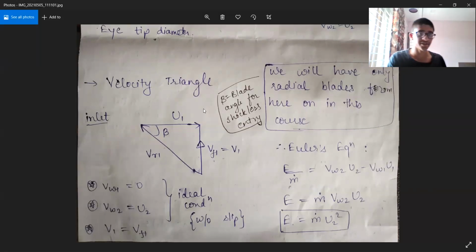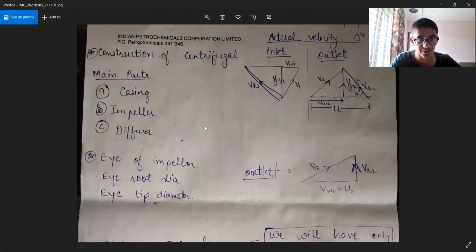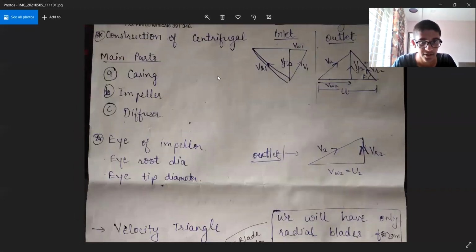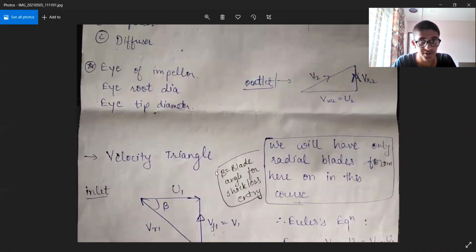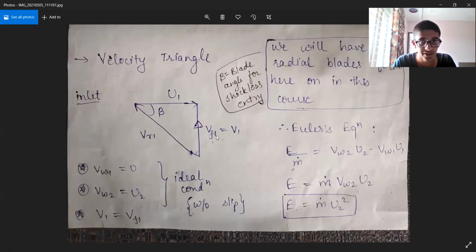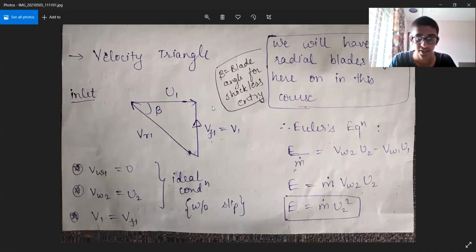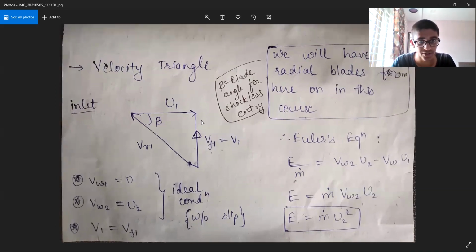Okay, so earlier you have seen the constructional features of a centrifugal compressor and different terminologies related to the constructional features. Now we'll see how the velocity triangle looks and how you can use the velocity triangle to derive the energy transfer equation. These are very important, because the energy transfer comes from the change in force, that is the impulse. From the force, we can get the torque. From torque, we'll get the energy. And that's all we'll have for the modeling of a compressor. So these are very important.